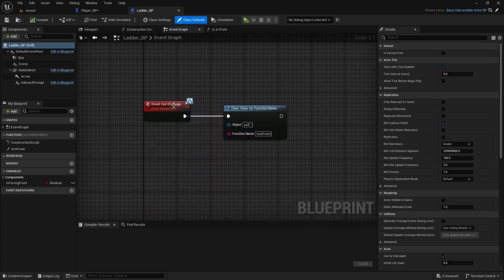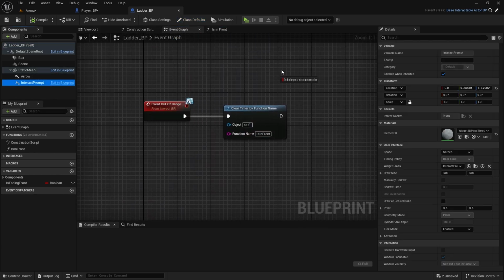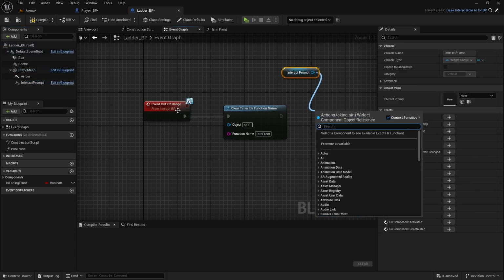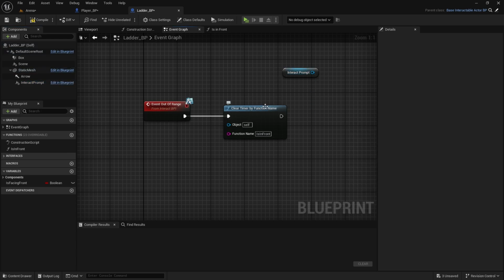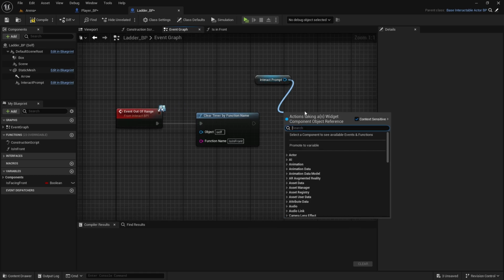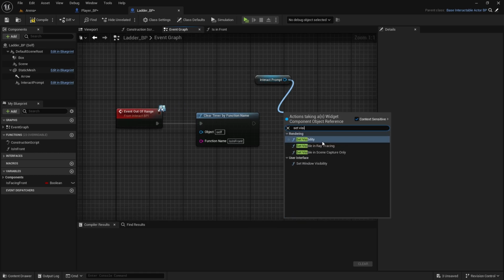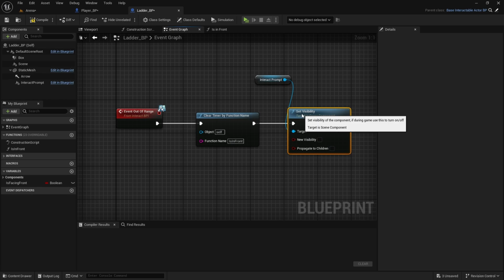Before I forget, here on out of range we also need to hide this interact from one more time. We do have it in the parent, but we're calling this function, and that one makes it visible and doesn't hide it again. So set visibility to hidden,